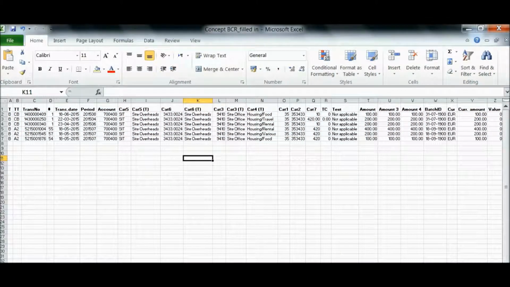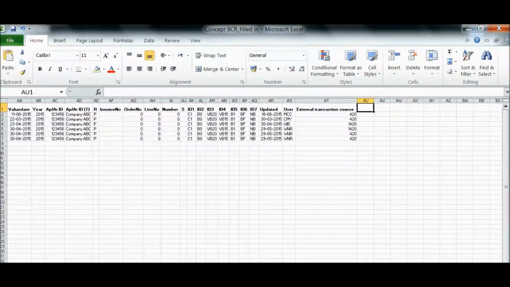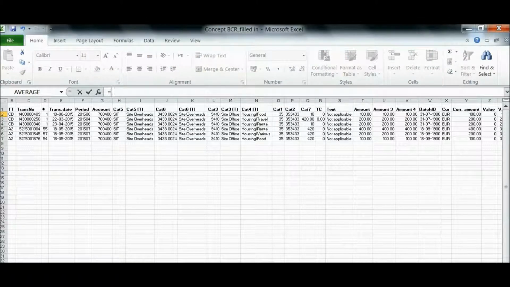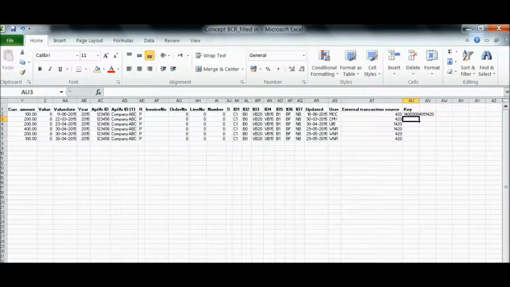The next thing we will do is create another column with information at the ABW data. So we call this column key, and it consists out of 3 different elements from this data. The first thing is the transaction number. The second thing is this number, and the last thing is the external transaction source. Apply this to all transactions